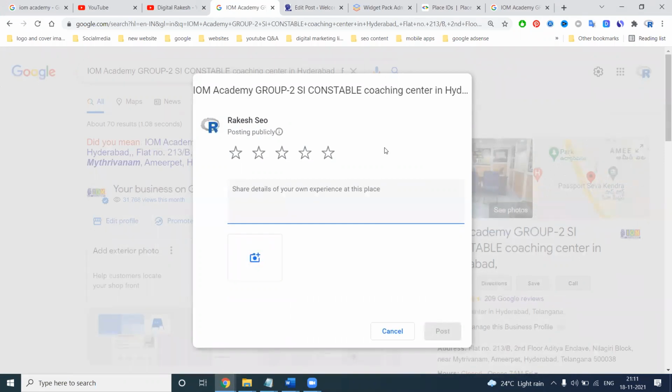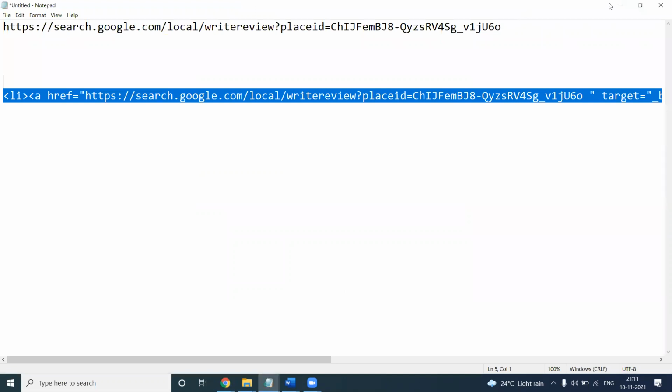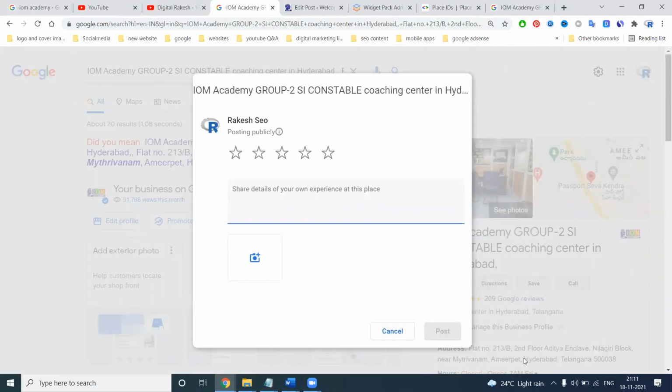There is a major impact from the developers and our SEO guys. This code will be useful for the write a review option. When you click it, customers go to the review option on your website. So simple. I'm copying this code. Just log in to a Blogger website.